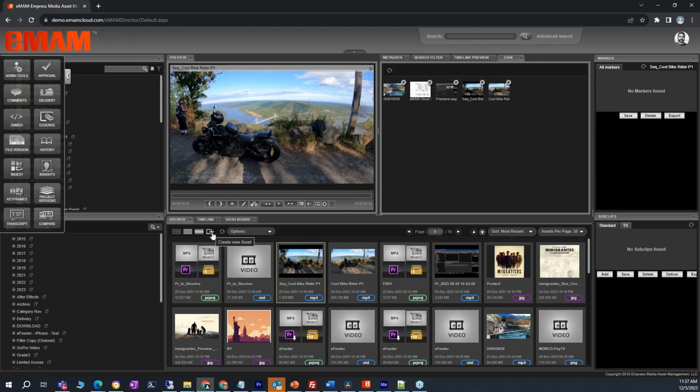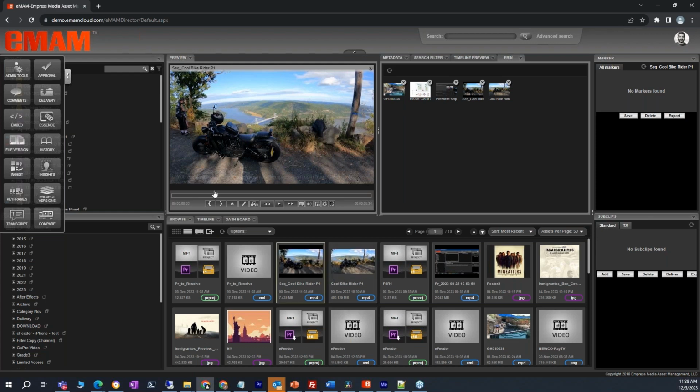In most cases, this is for a newsroom workflow, when a story is there, whether it's ENPS or whatever newsroom system you have. You create a story, you create a placeholder. That placeholder can get created in eMAM through the MOS gateway. And now I have to attach the media to that placeholder. There are ways to attach the media to that placeholder through sidecar, through automation, and so on. And